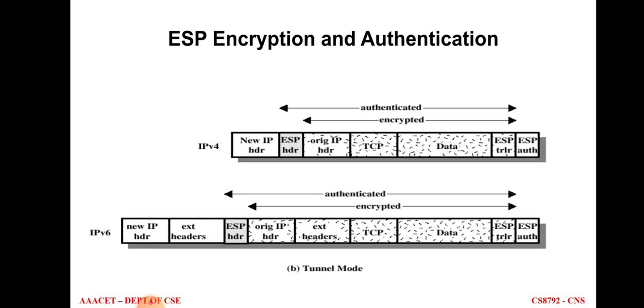So this is tunnel mode. In tunnel mode, ESP is used to encrypt an entire IP packet. Here the ESP header is prefixed to the IP packet, and then the packet is added with the ESP trailer, which is encrypted. Transport mode is suitable for protecting connections between hosts that support the ESP feature.